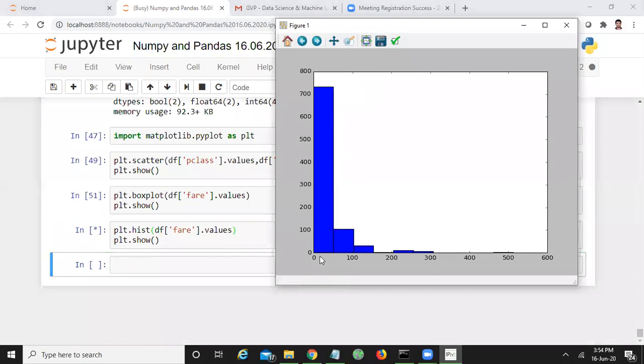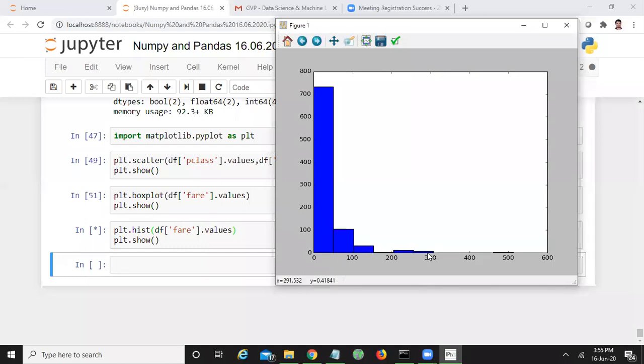So it represents the count according to the fare. That means out of 891 passengers, you can observe the passengers who purchased the ticket in the range of 0 and 50 are more when compared to others. See, here you can understand which class passengers are more in this ship. If the low fare people are more, it means the third class passengers are more when compared to the other classes.